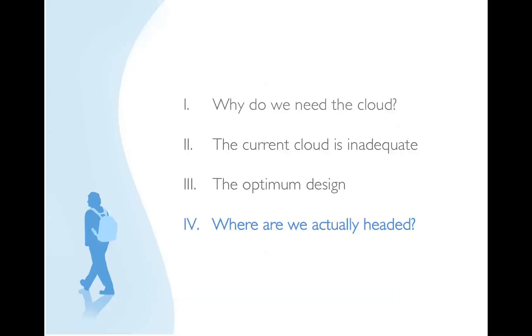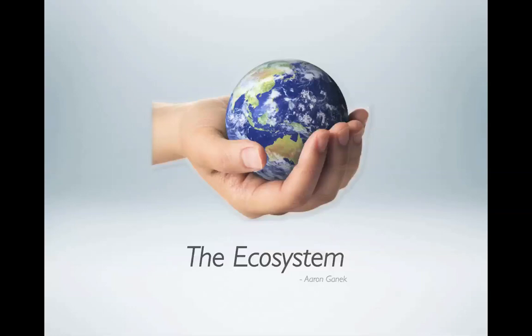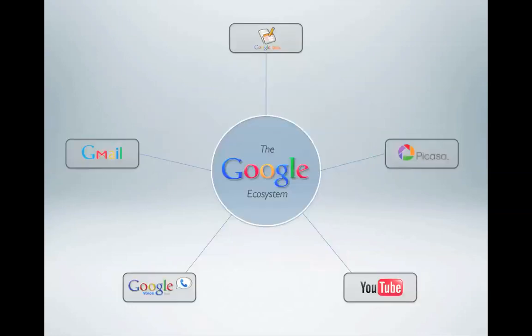And this is where I think it gets interesting. I think we need more than just the clouds. I think we need an entire ecosystem. Today we have what I will call a baby ecosystem. But Google and all the other ecosystems need to take multiple steps to improve this infrastructure. And let me explain how this can happen.